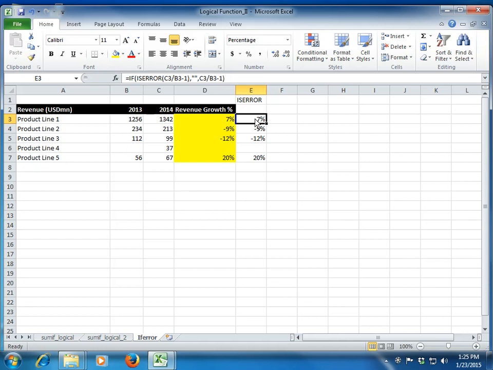Clear, guys? So what we have studied in this class: we have studied the SUMIF function and the SUMIFS function with the logical condition, and we have studied how to deal with certain Excel errors, that is, the IFERROR and the ISERROR function. Again, as we always say, there is a bonus here with SUMIF, that you can use the same logic, that is, the same inverted comma logical condition, even if you are using COUNTIF or AVERAGEIF. So the SUMIF, COUNTIF and AVERAGEIF functions work in exactly the same manner.